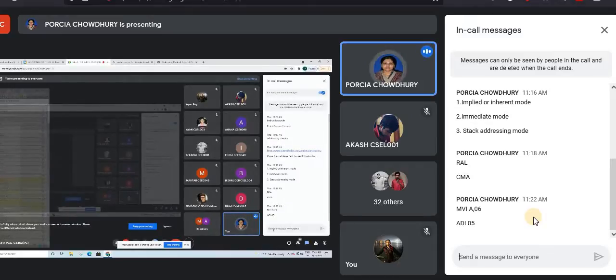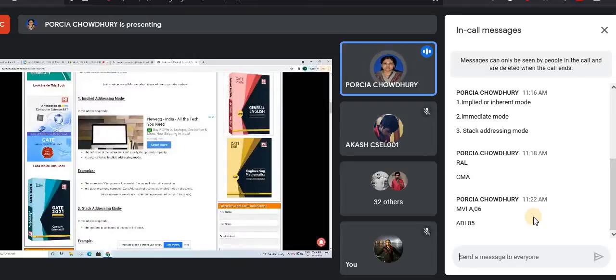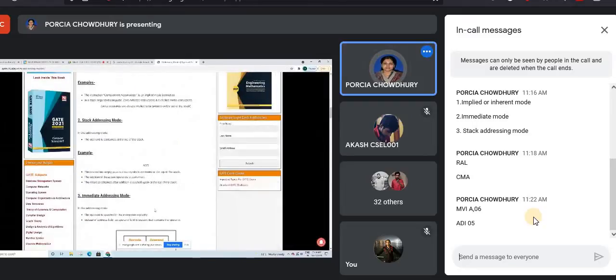But in case of immediate addressing mode, this is one step extra. Over here you can use one more operand explicitly. You have the content of the accumulator plus one operand. That means you have two operands, the content of the accumulator and one external operand. So whenever you have two things, you can now perform all the different types of arithmetic operation. So these are the two examples, and this is also mentioned over here.